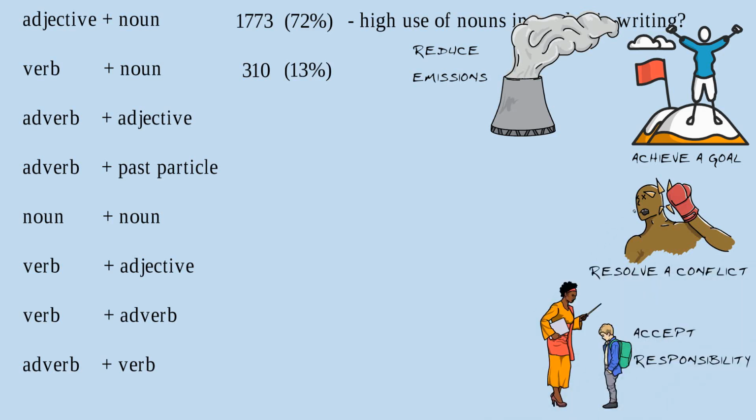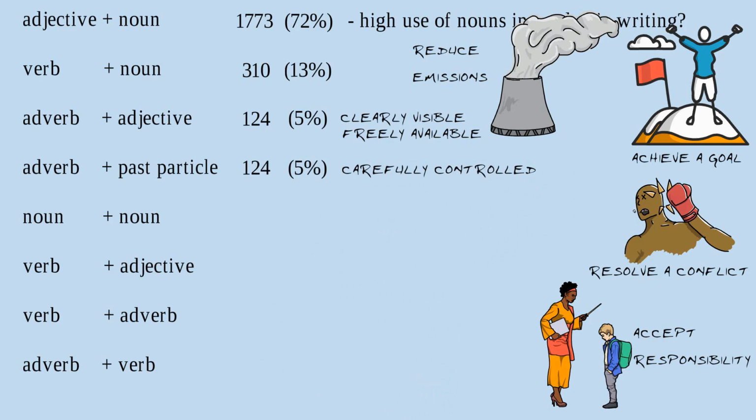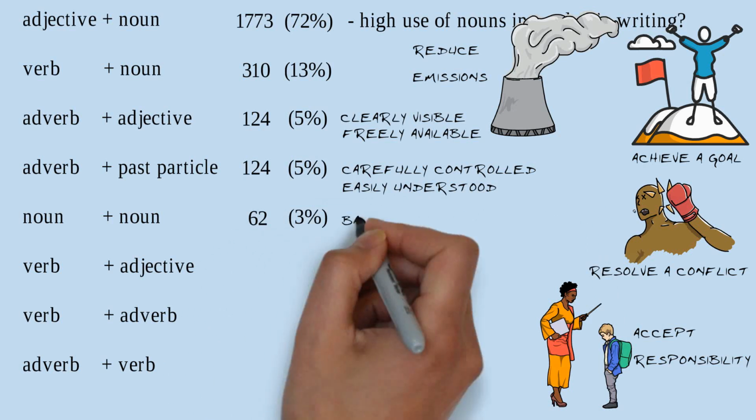The next most common type, adverb and adjective. There are 124 adverb and adjective collocations in the ACL, which makes up 5%. For example, clearly visible, freely available. Adverb and past participle also have 124 collocations in the list, also 5%. For example, carefully controlled, easily understood. There are 62 noun and noun collocations, which is 3%. For example, background knowledge, survey data,